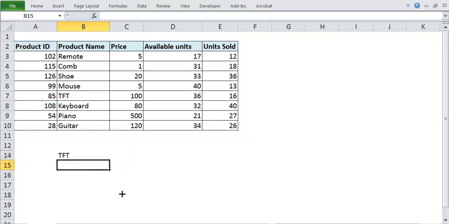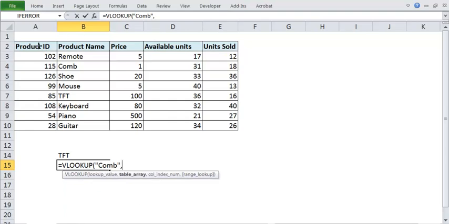Let's say somebody says you give me the units sold of com. What you will do is VLOOKUP, and then your lookup value is com, then your table array. Note that if you put this as the table array, it will create a problem. Why?